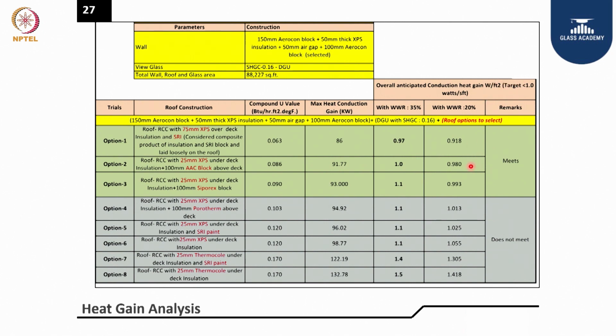So this gave a direction for the design to go with one of these 3 options, eliminating these 5 options from the shortlisted designs. This is how the approach should be for a building, in terms of how it can be designed to get the maximum operational efficiency.